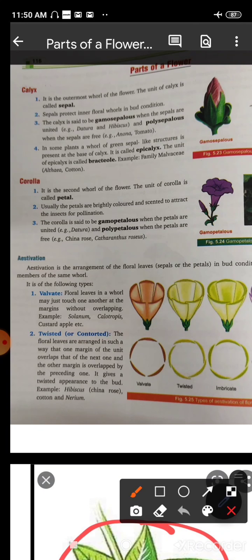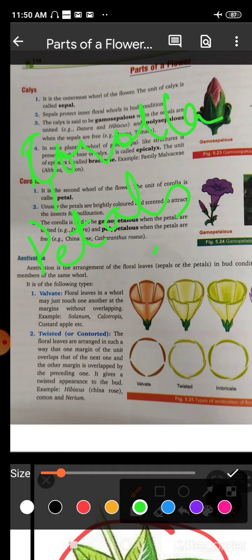That means, if we are talking about petals, if we are talking about corolla, then how are the petals arranged in the corolla, that is the whorl? How are the petals arranged in respect to each other? What is the arrangement? How is each petal arranged? How is each sepal arranged, right? So that is in respect to each other.